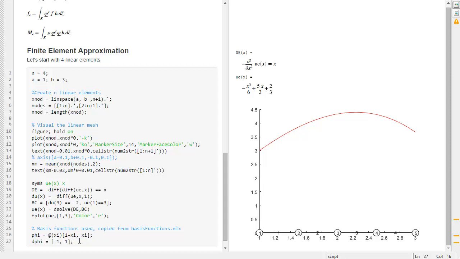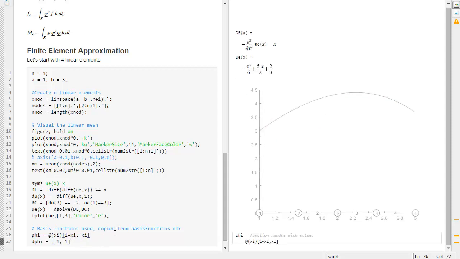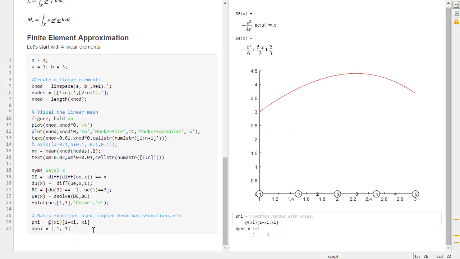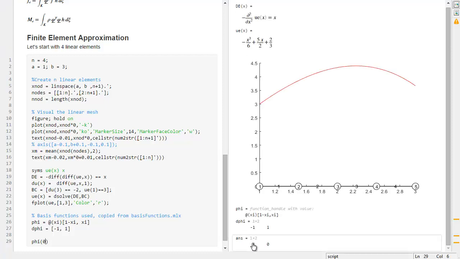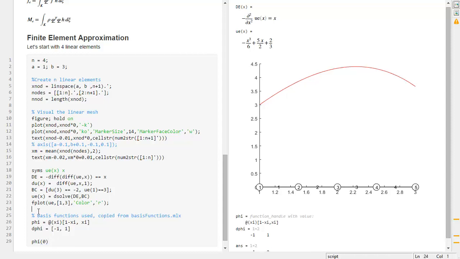All right, now these basis functions are going to be function handles. They are defined as that. So that means that they are not symbolic, they are numeric function handles. We can evaluate them using phi of 0, for instance, like this. And if you evaluate this, this will evaluate to 1 and 0. Now I will do a section break